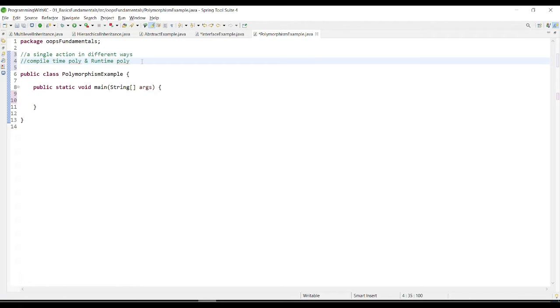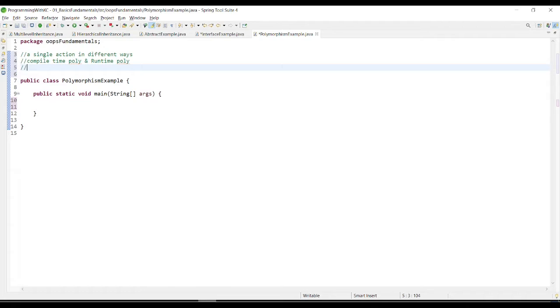Okay. So method overloading. When I say method overloading, it is a compile time polymorphism, or static polymorphism.